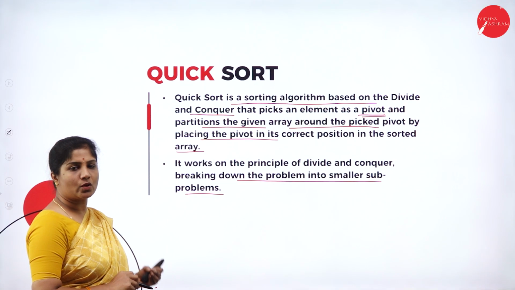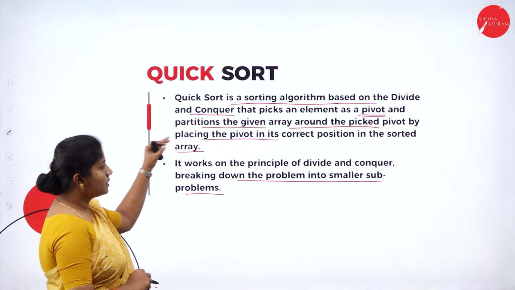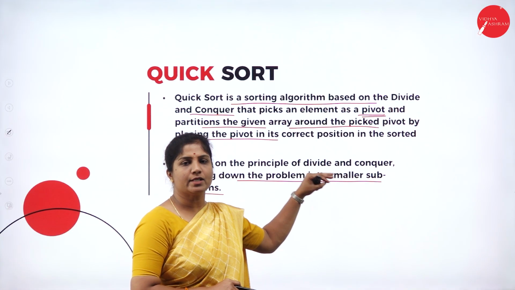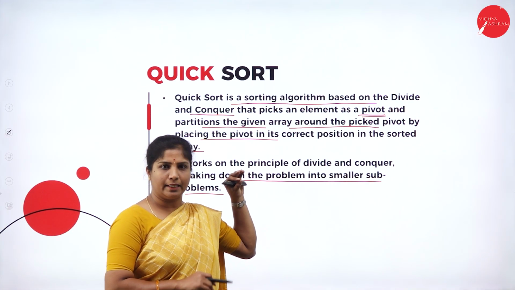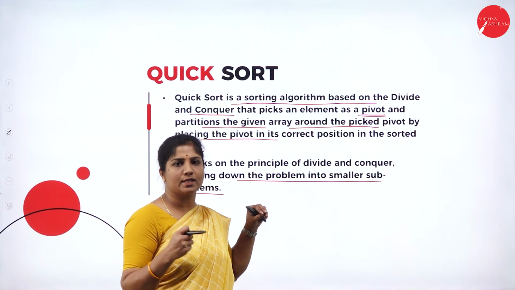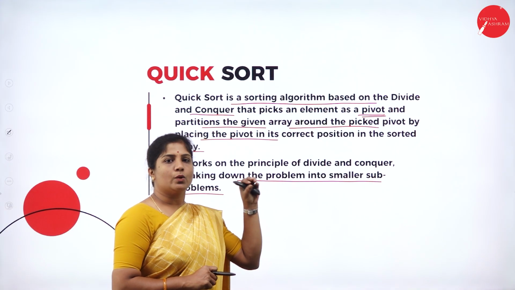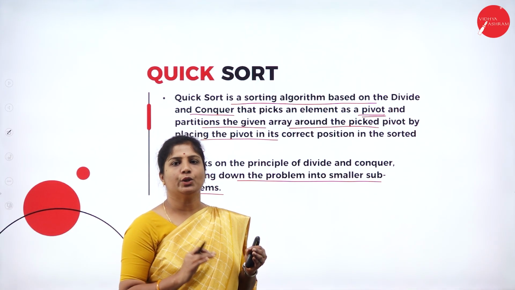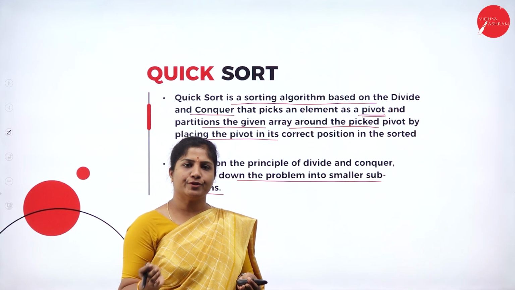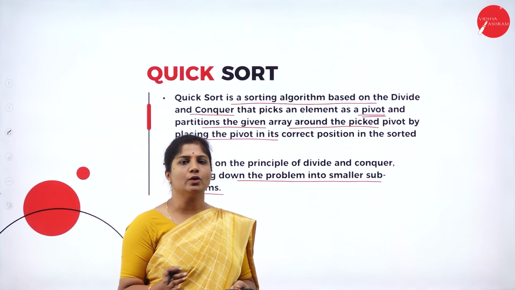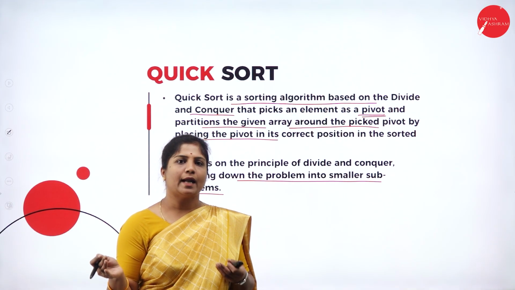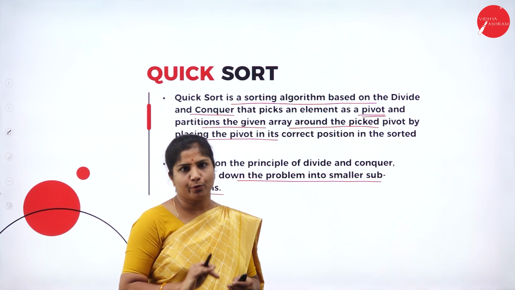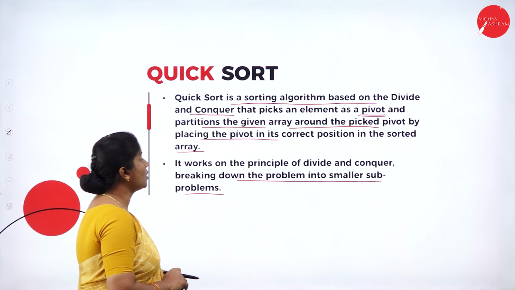Okay, so how is quicksort going to work? It also works based on the divide and conquer technique. Here it is going to pick one value in the given array as a pivot element. By keeping that pivot element, it is going to divide the given array into sub-problems, and after dividing, it's going to sort the arrays, and at last it is going to place that pivot element at the correct position. Okay, this is how quicksort works.